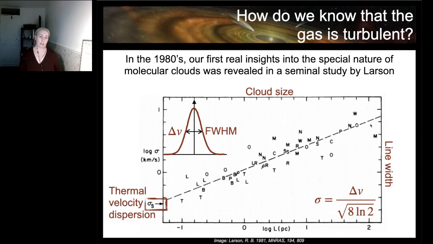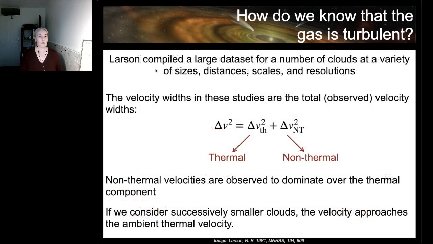Or conversely, the smaller the cloud, the lower the velocity dispersion you would measure in the cloud. So Larson did this for a huge number of clouds at a variety of distances, scales, resolutions, and sizes, and he persistently found that when he looked at the total width,